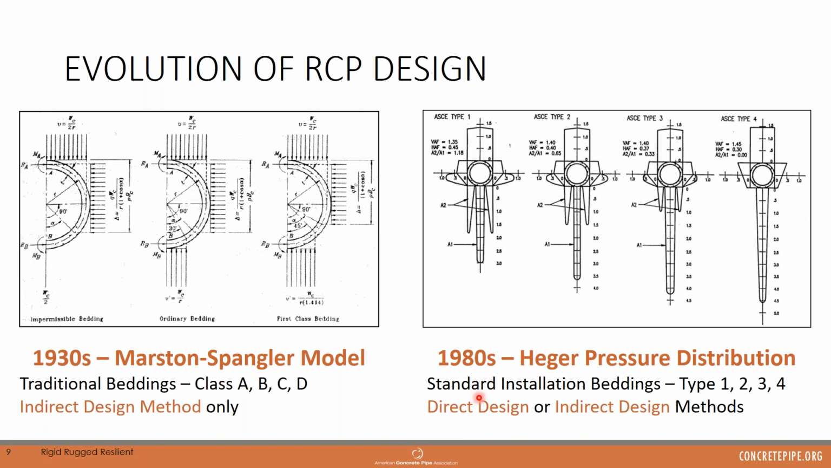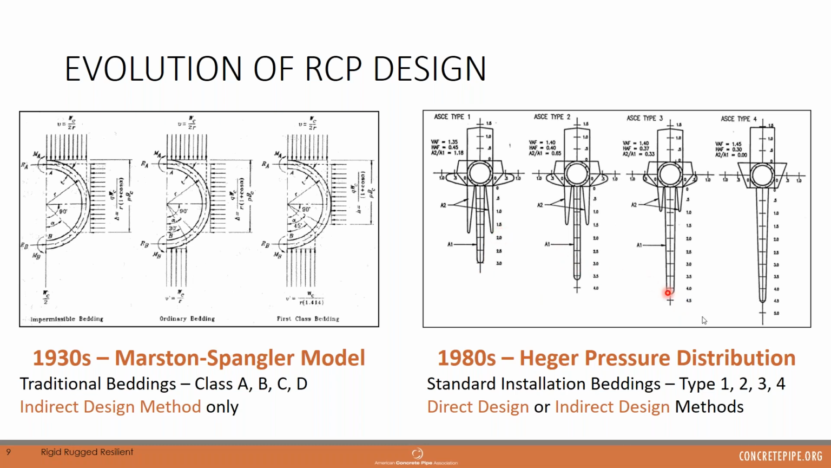So in the AASHTO code, you'll see all the reference to the type 1, 2, 3, or 4 beddings as far as concrete pipe installation goes. And you can see from this diagram here that the soil pressure in the invert, so right at the 6 o'clock position of the pipe, is increasing as your bedding quality decreases. And also the soil pressure in the haunch region also starts to change relative to the